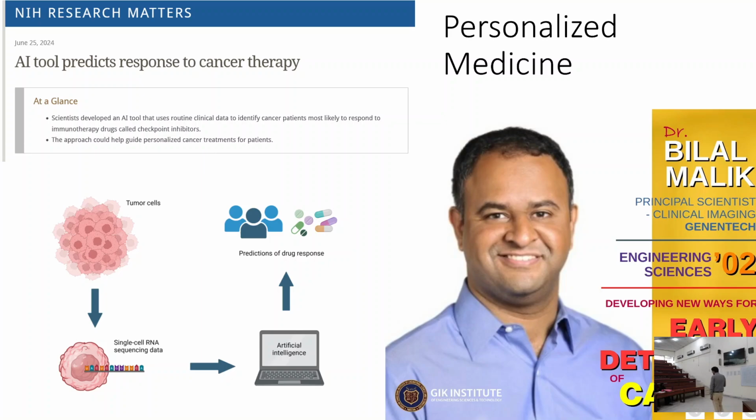Now the field of personalized medicine is popping up. Bilal is my batchmate. He graduated from here in 2002 from this program. He was with us last year. He's on GIK's International Advisory Board. He's a senior principal scientist at Genentech. That is called the first biotech company of the world. When it opened for the first time 25-30 years ago, it was called the first biotech company. And his team is working on